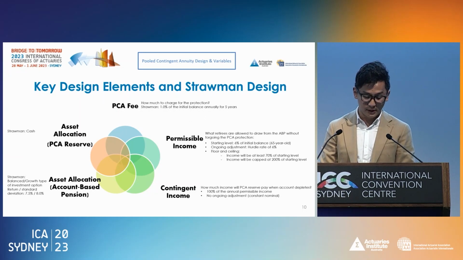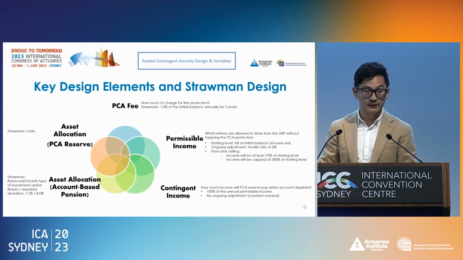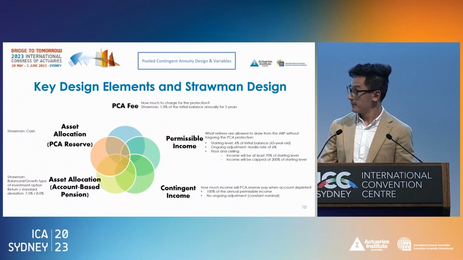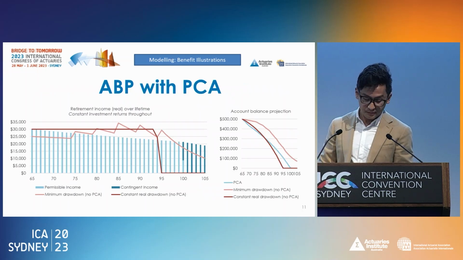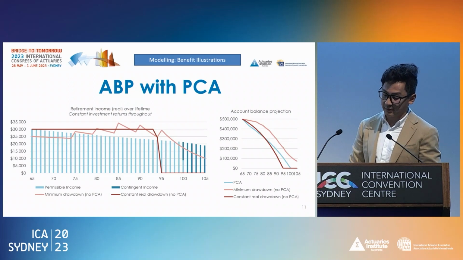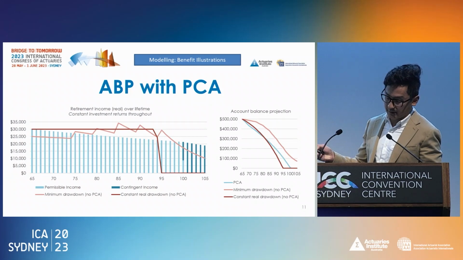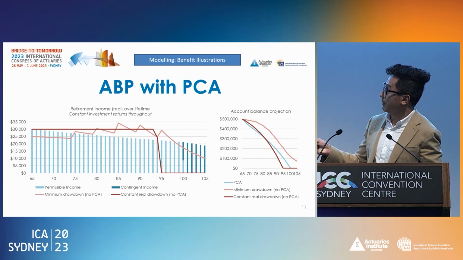Next, let's take a look at what our strawman design is expected to deliver before we talk about the funding and pricing adequacy. So this graph is an expansion of what we have presented previously. The blue bars represent the income from PCA. The light blue bars are the ones that will come from the account itself. And once the account is exhausted, the contingent income will kick in. You can see that